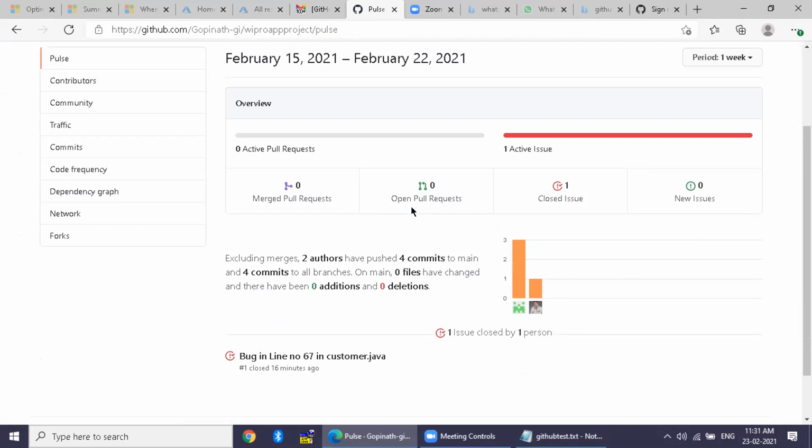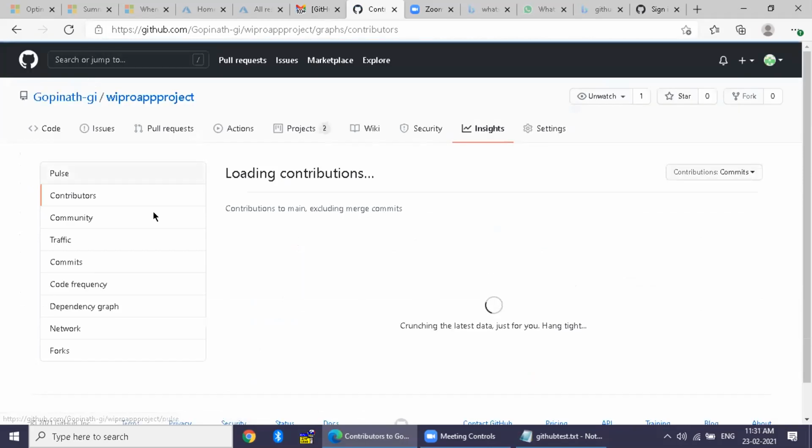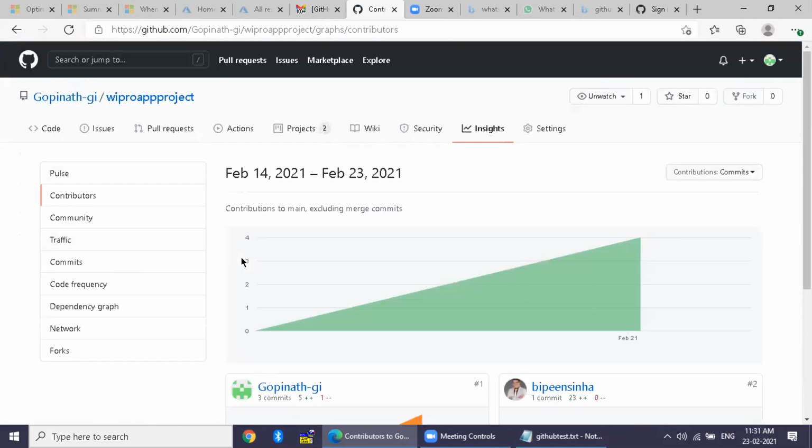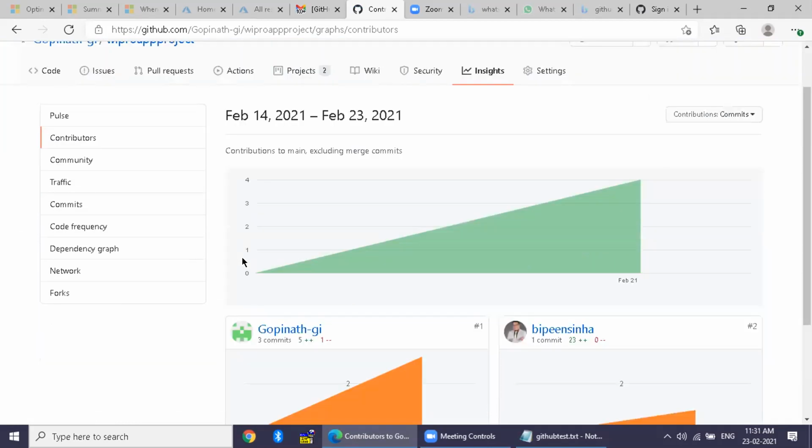So you are going to see that currently two people are using this repository. One is you, one is me. You can even see who is a contributor, how many commits have happened. Every data you can see, so that you can understand how your team is working.